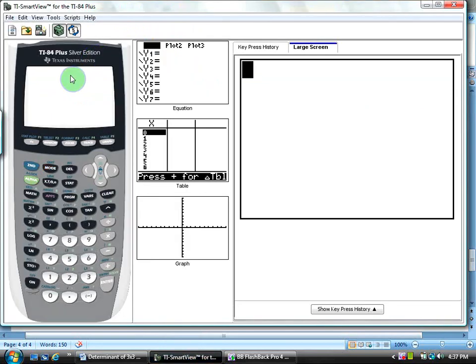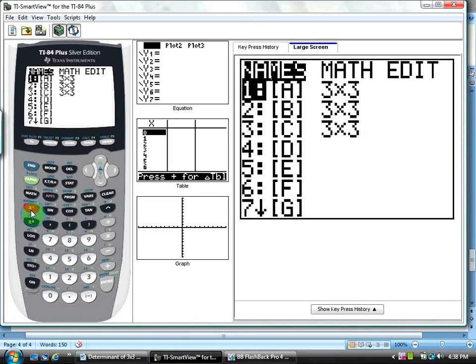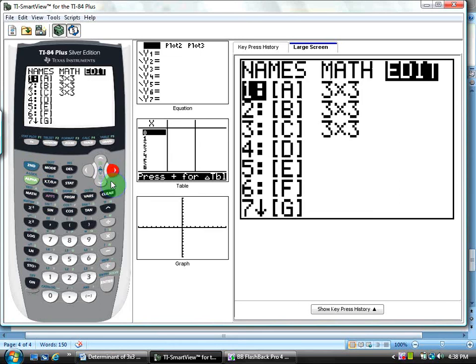Here's the calculator. To get to matrix, you push second, and the reciprocal x with a minus over it is an exponent, negative. So this is the reciprocal key. It turned red now, you can see it. All right, and you can see that I already typed all 3 matrices in. So let's see how we get to them. Note that you went second matrix, and now you move over to edit. Okay, you hit enter,